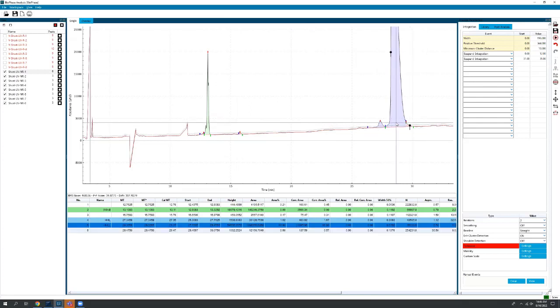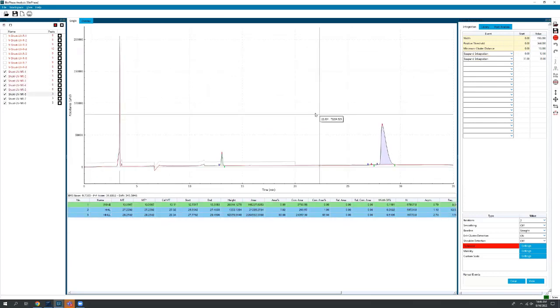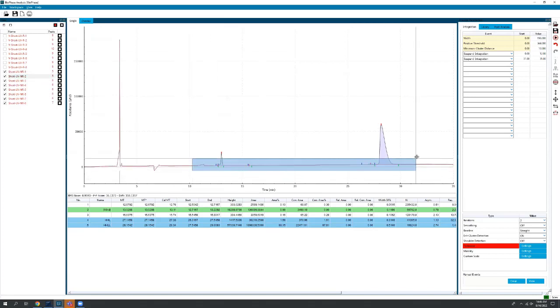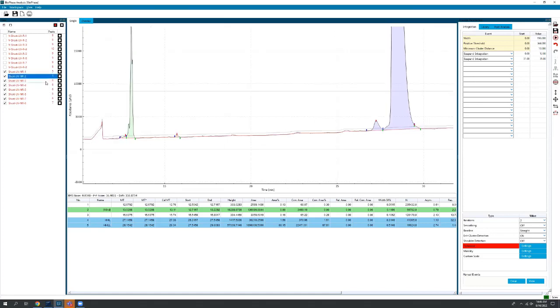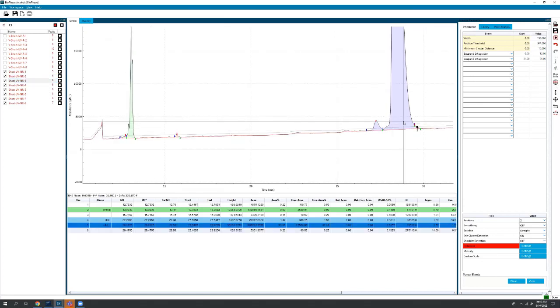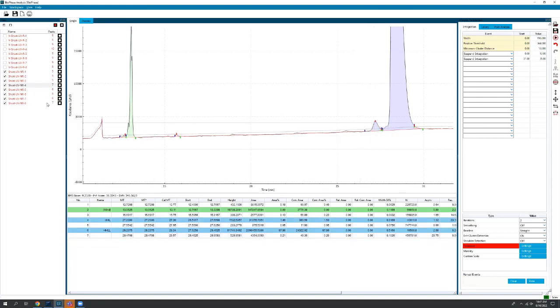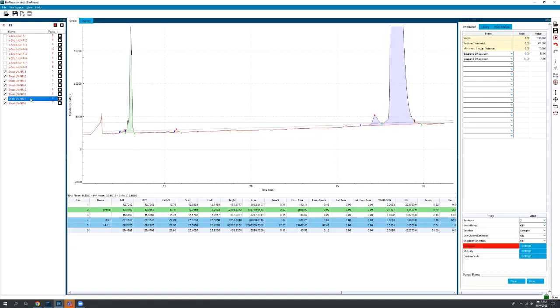Again, with this back shoulder peak, we can play around with the parameters, or we can just merge those peaks together. And once we like it, we right-click, apply, and analyze the check. And we can zoom in. We can actually apply this zoom globally with this button. It's a nice little feature there. And go ahead and merge some of these peaks together. Do the same here. You can just do a quick look through to see what you got,